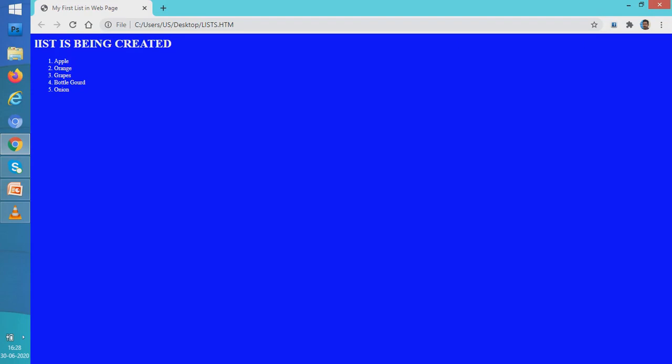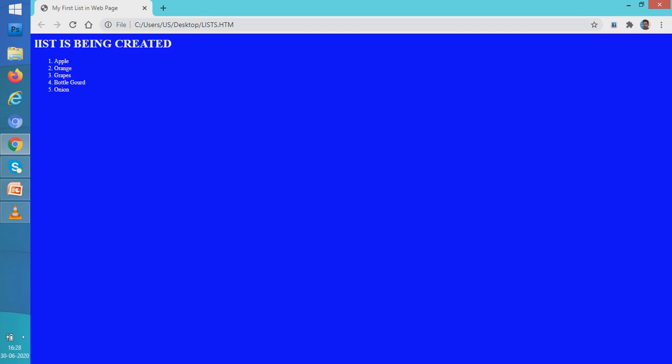See students, 1, 2, 3, 4, 5. So these are the numbers. So lists can be numbered. And which type of lists can be numbered? Ordered lists. Therefore, ordered lists are also known as numbered lists. Now, if you want to make it bigger, see it is looking very small. You can well zoom it on your screen.